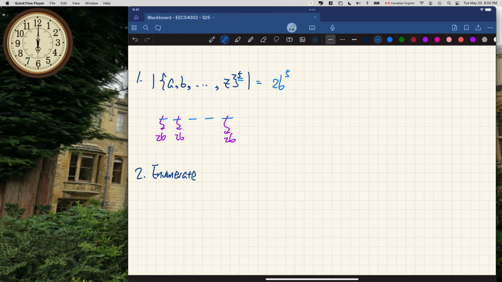Let's say we have the alphabet A, B, C. That's the alphabet, and we want a set of strings of length 4. Can you systematically enumerate the set of strings? Of course, we know that there are 3 to the power of 4 strings